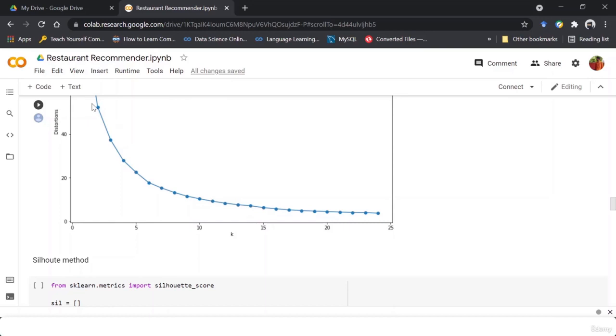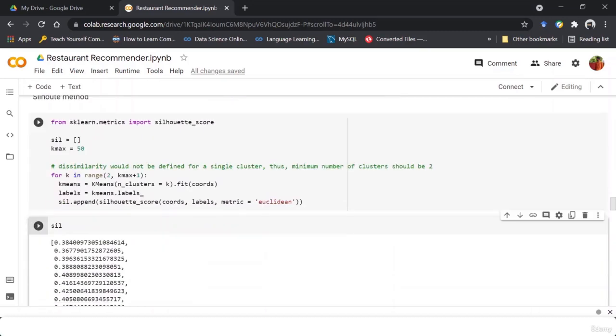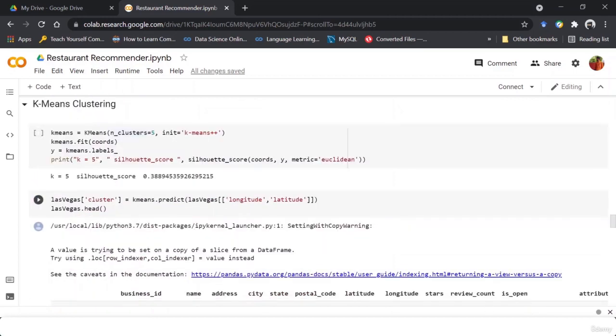Here the value was diminishing at a very fast rate, but here you can see that the rate of decreasing has also decreased. So I've taken 5 here. If you move forward, I might have taken 7 or 8 here. So for simplicity, I took 5. But again, using both of those optimizing methods, you can actually input the optimized value for the number of clusters here also.